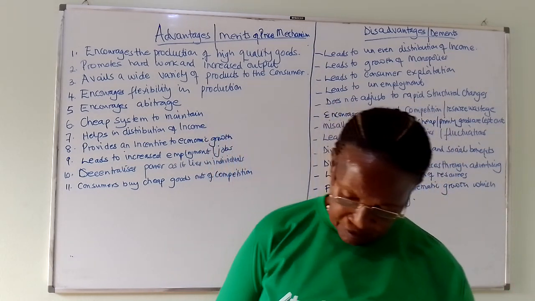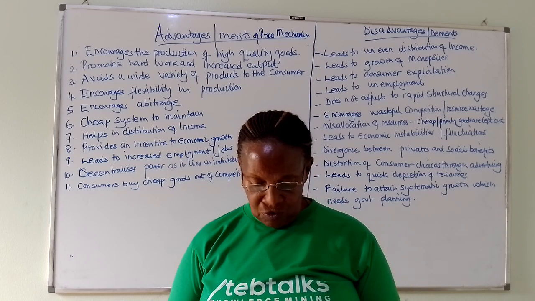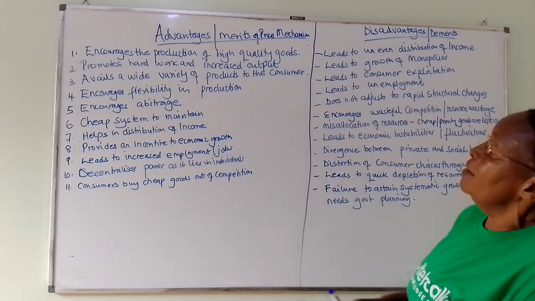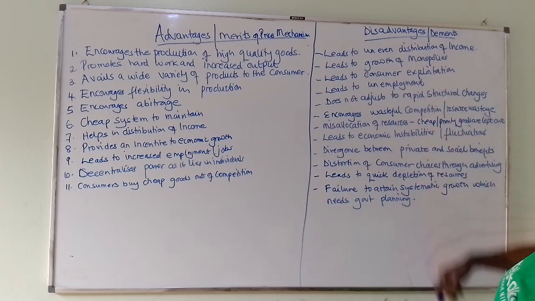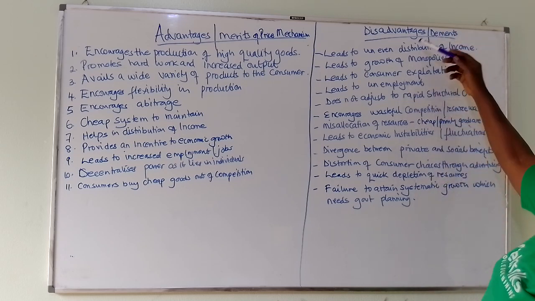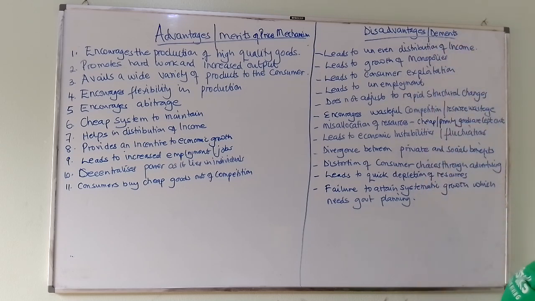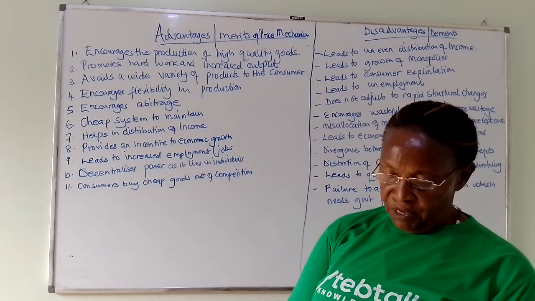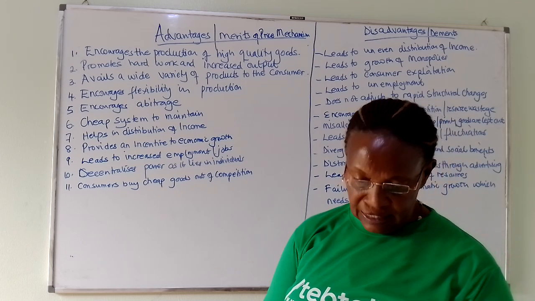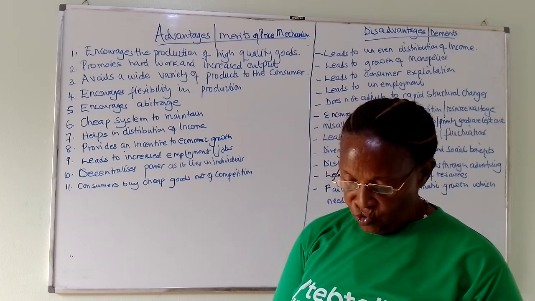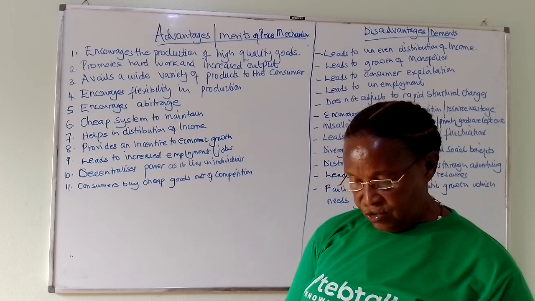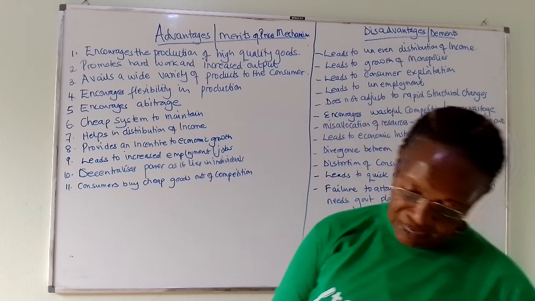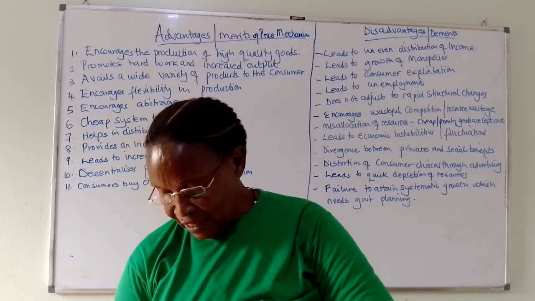And they wanted only 6 points from there. So, suggesting measures that should be taken to control the defects of the price mechanism in an economy was a matter of if you are able to get the disadvantages, then you suggest what can be done to reduce these disadvantages and you get your 10 marks. Many people fear the question of the price mechanism, but the moment you understand it, it is one of the easiest and you can be able to get all your full marks. And usually it appears in paper 1, it is theoretical. There is no way you can find it in applied because it is totally